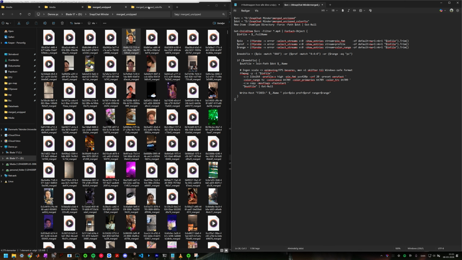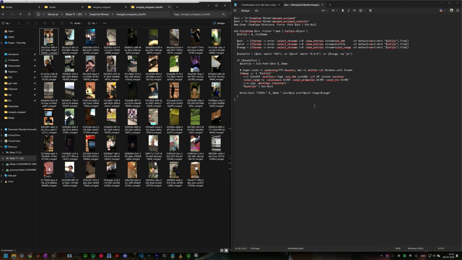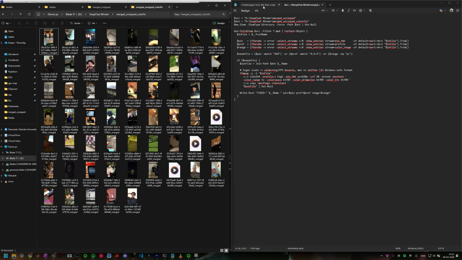Oh my god, we are in the wrong folder. So it looks at the color space. And the issue is,